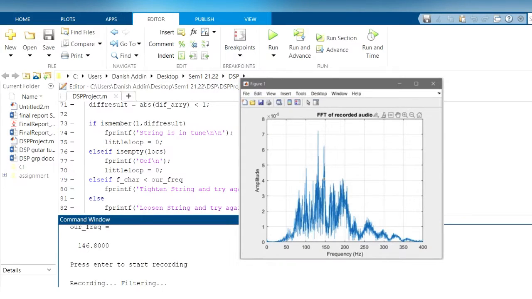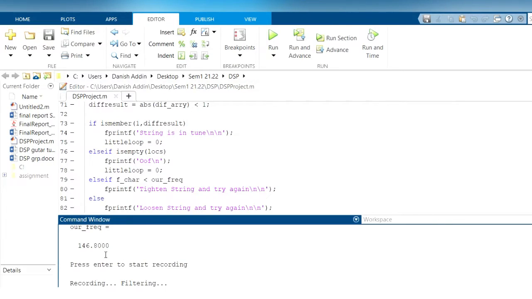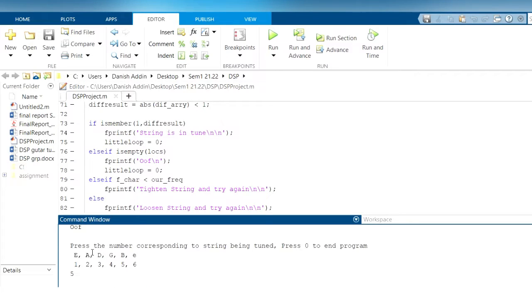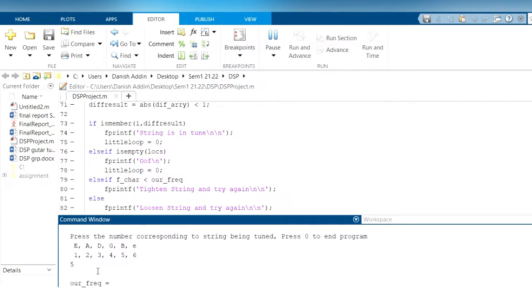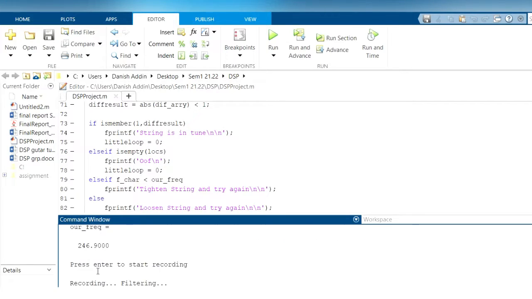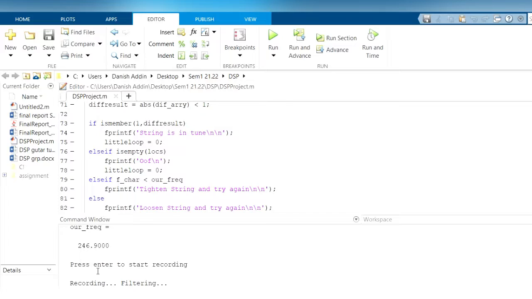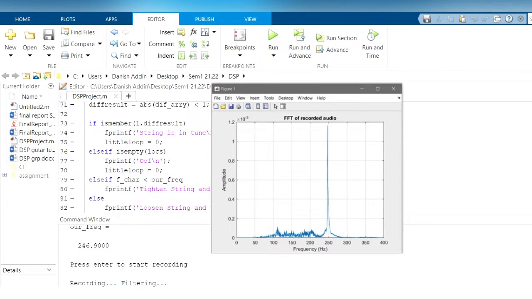Okay, so we repeat the process again for string B, which is represented by number 5. The frequency was 246.9 Hz. Press enter. Okay, so this is the waveform.